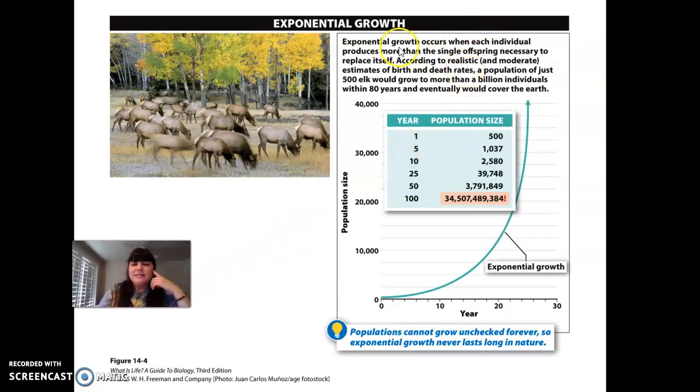It says exponential growth occurs when each individual produces more than a single offspring necessary to replace itself. For example, 500 elk. Here's population size, the number of individuals. Here's years, so there's time. And according to realistic estimates of birth and death rates, we have to look at birth and death, a population of just 5